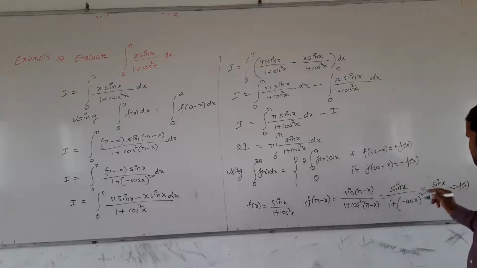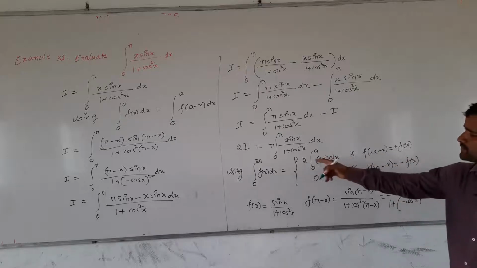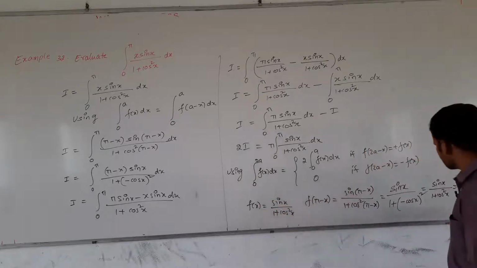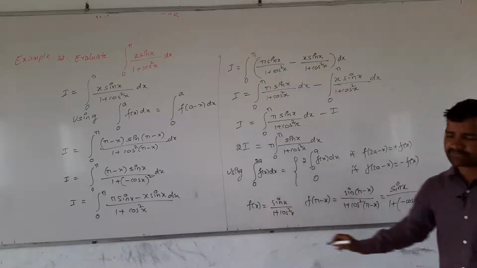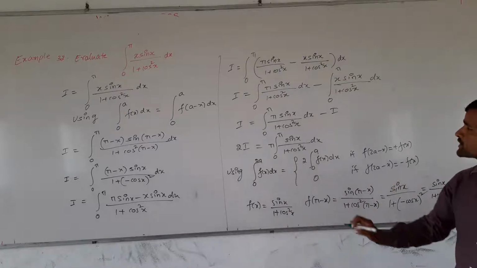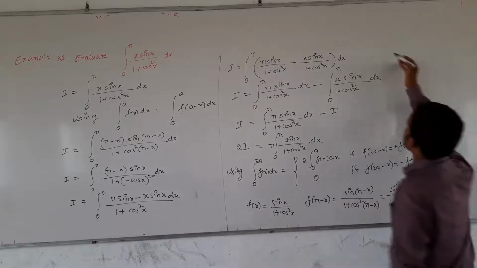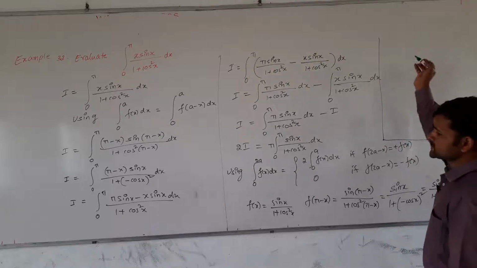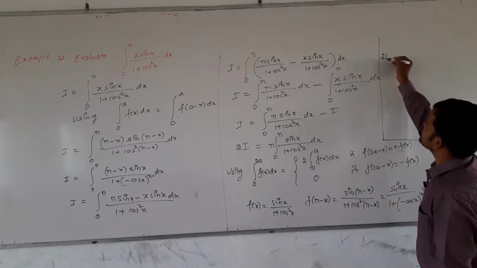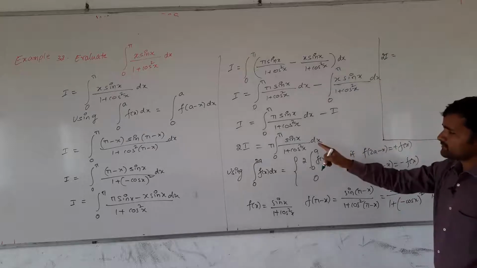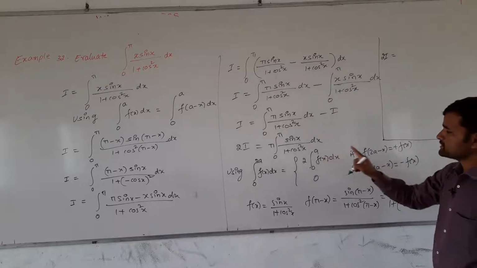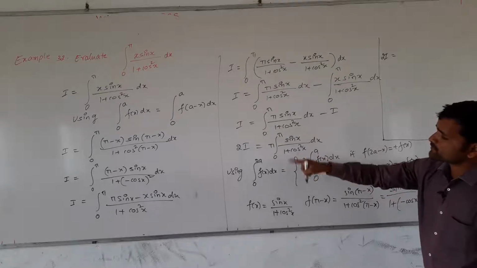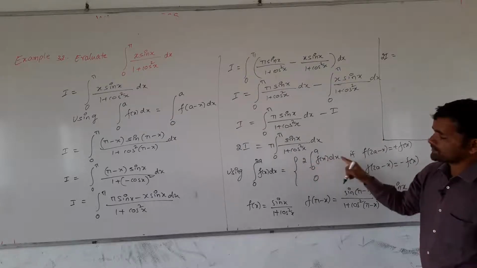Again, I am not getting the minus f of x, which means which case do I have to use? I have to use the first case here. Once again, this part you need not write, you can do this in rough work, no problem. Now here I will write, this is our problem, 2I is equal to, it is satisfying the first condition, f of (2a minus x) is equal to plus f of x. Then integrating from 0 to 2a becomes 2 times integral from 0 to a of f of x dx.